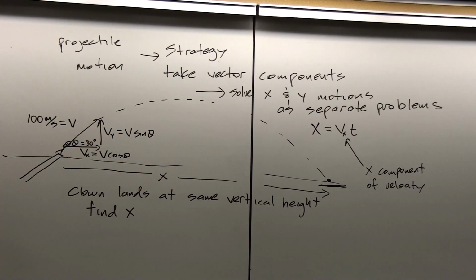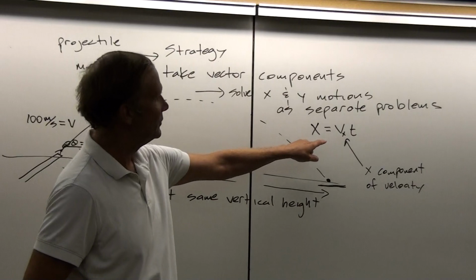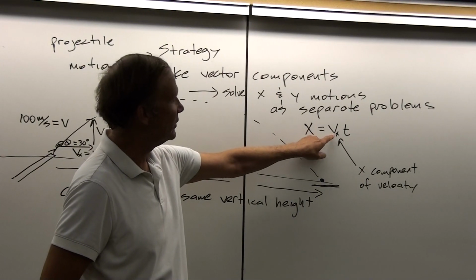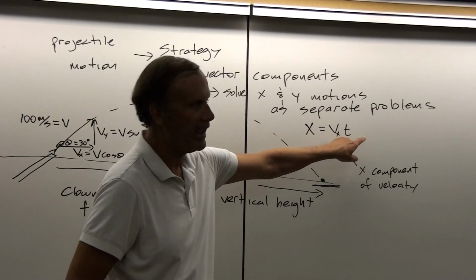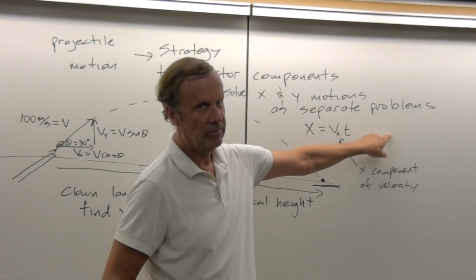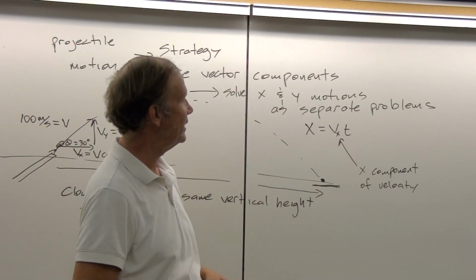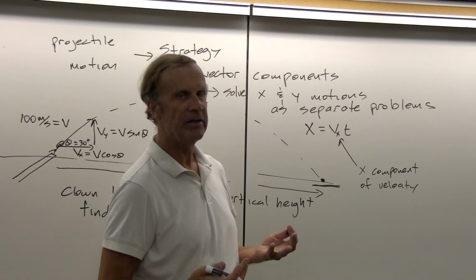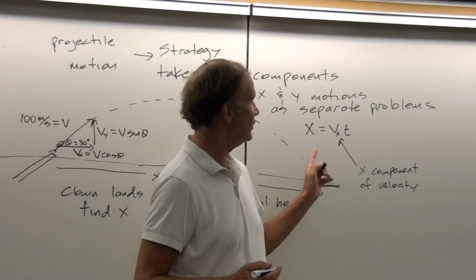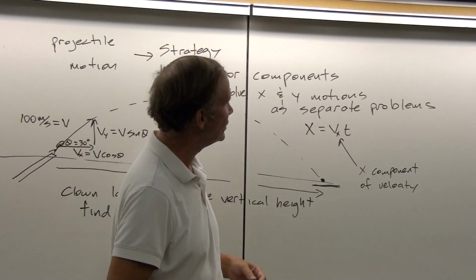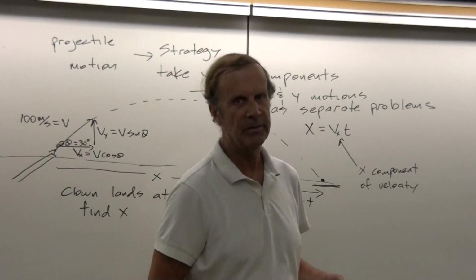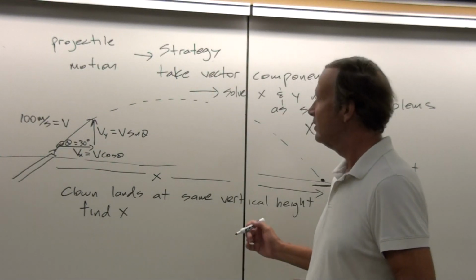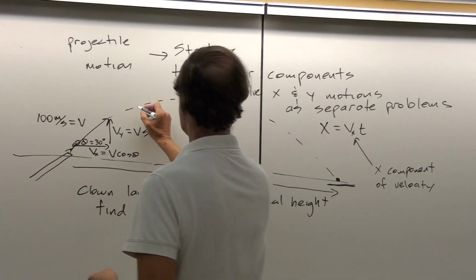Okay, and then because there's no acceleration in the x direction, this we could write as v0t plus 1/2 at squared from that third kinematics equation. But the acceleration is 0 in the x direction. So it's a simpler equation even than that. It's just rate times time equals distance, but looking only at the x component.